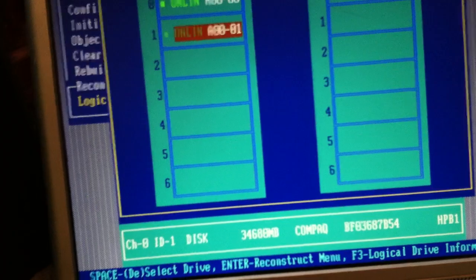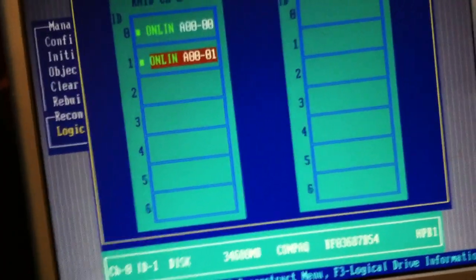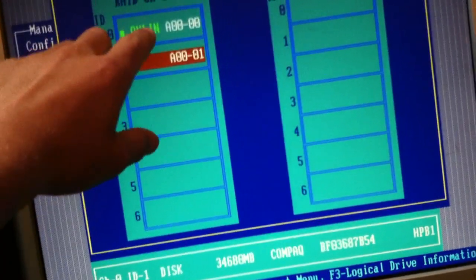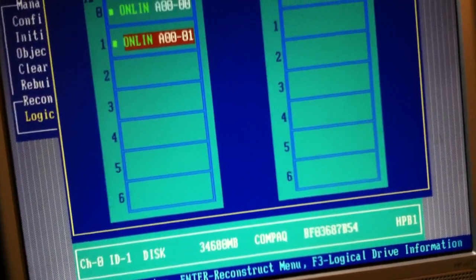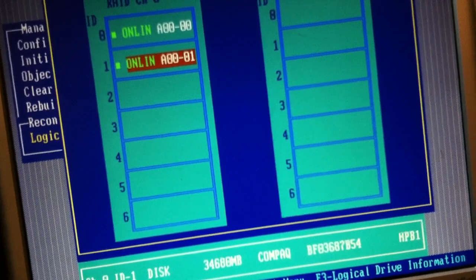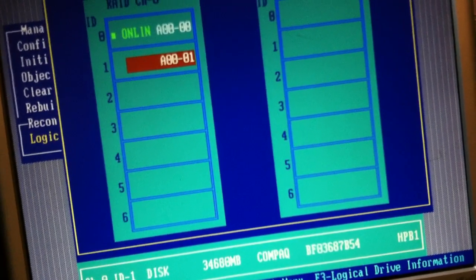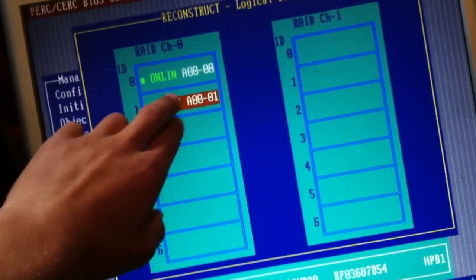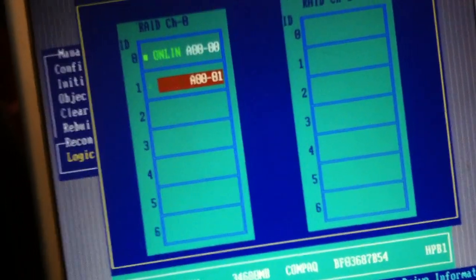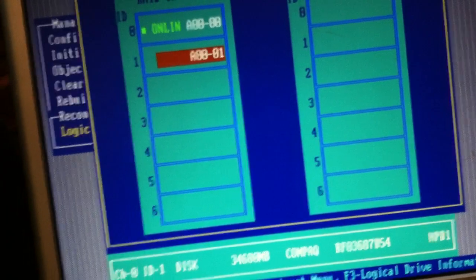So yeah, it takes a while to reconstruct a drive, because you're taking all the data from one and putting it onto the other. And if you're in RAID 5, God, that must take like weeks to reconstruct a drive. It takes forever. So I just want to let you guys know how to reconstruct a drive if you have it failed. Anyways, you guys are probably wondering, how the hell do you even put it in RAID to begin